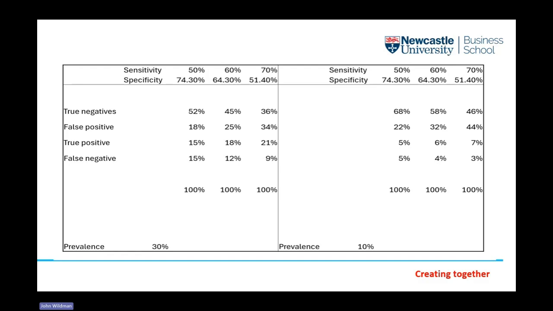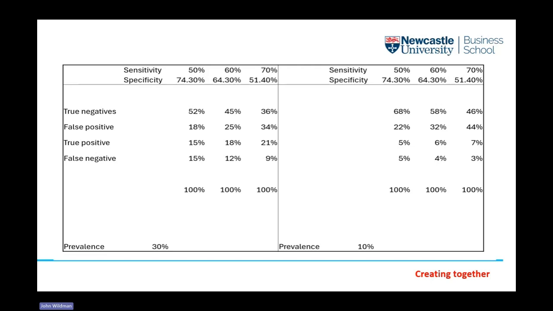If you move on to that right-hand panel where prevalence drops to 10%, so now it's a much rarer condition, you can see that the penalties involved can actually be really quite large. So if you again take the middle column where it was 60%, 64.3% sensitivity specificity combination, the true positive rate now is 6%. So 6 people out of 100 who have the condition will be identified as having the condition. If we increase the sensitivity, we will get one more person out of our 100. We go from 6% to 7%. We gain one more person.